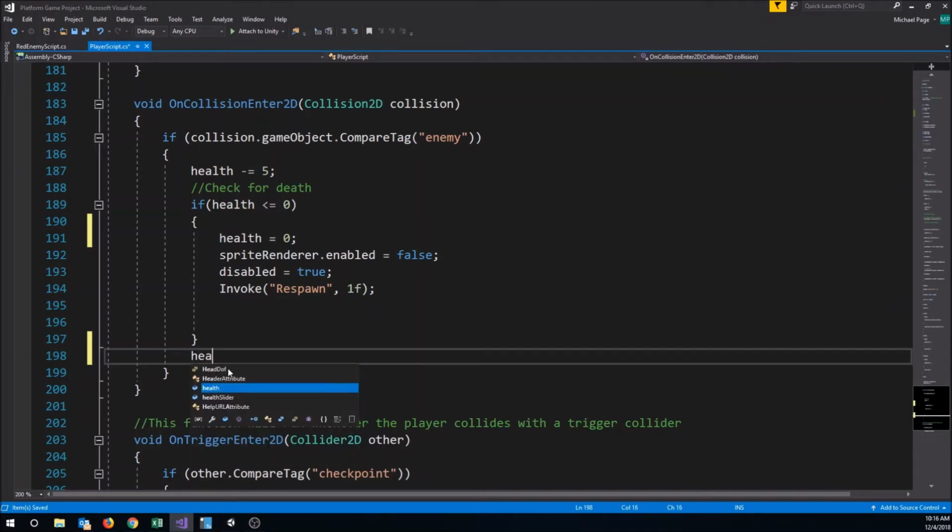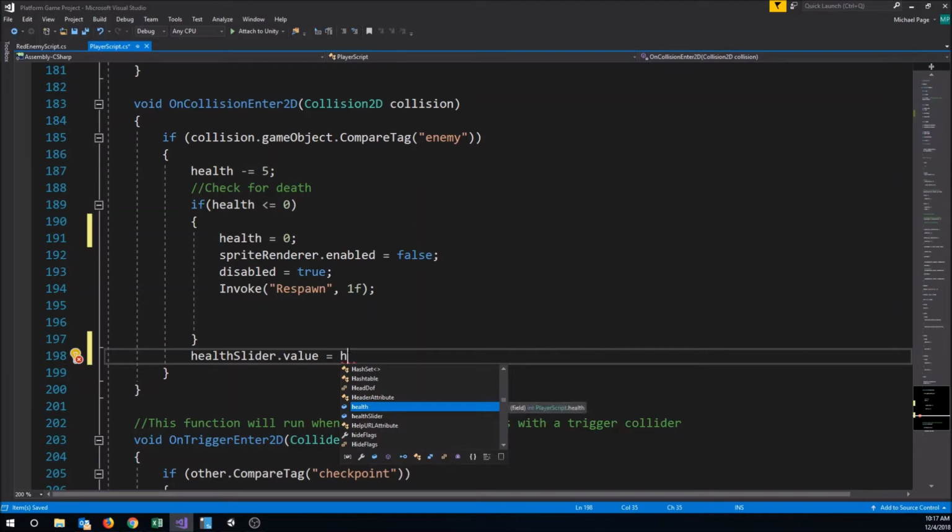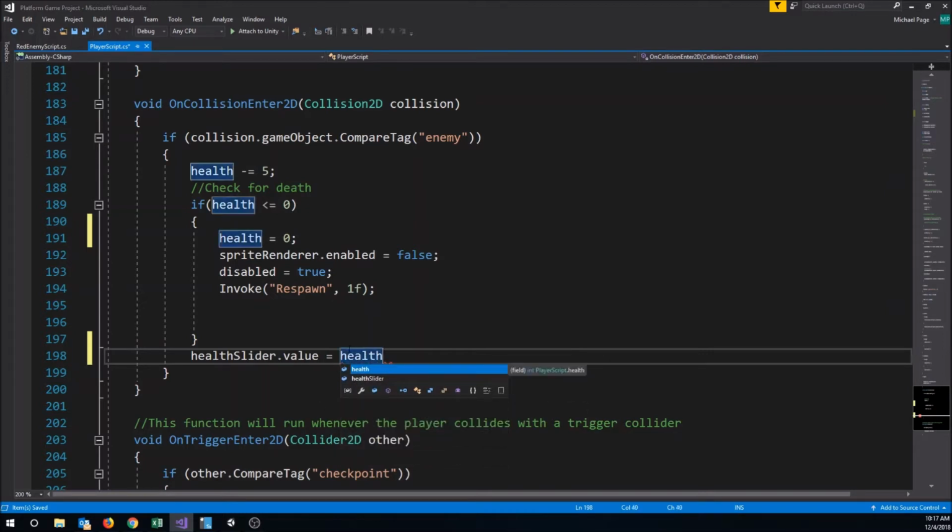And then at the bottom of this check here, let's go ahead and affect our slider value. So we're going to go to our healthSlider, and we want to say .value. The value is the current value of the slider. That's what we want to change. All right, and we're going to set that equal to our health divided by the maximum our health can be, because we need to get a ratio here, because our slider value,